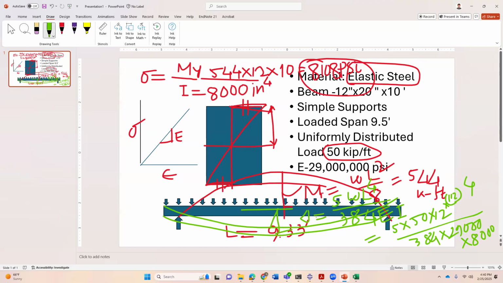So the displacement we can calculate is 5 times 50 divided by 12 into 112 power 4 divided by 384 divided by 29,000 divided by 8,000. So that's basically 0.036 inch. So the displacement we got, delta here, is equal to delta max, basically the mid-span vertical deflection,